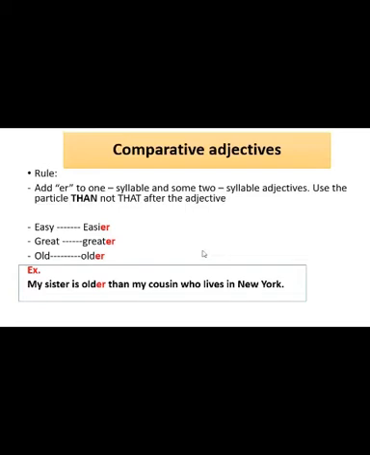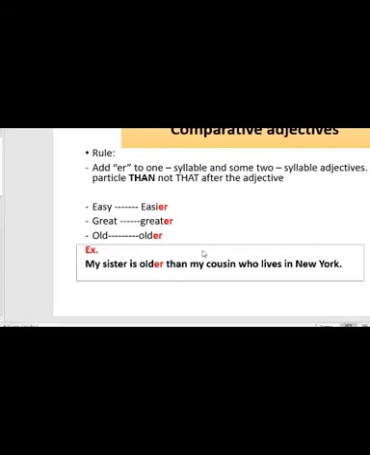Okay, let's see. Easy, easier. Great, greater. Old, older. Can you see? We only add er to adjectives. And the particle than. Let's see the example. My sister is older than my cousin who lives in New York. Can you see here? We have the adjective old, and after that I have the particle than to compare two